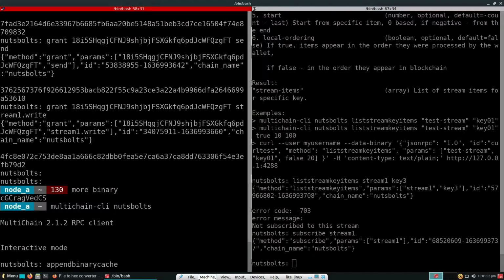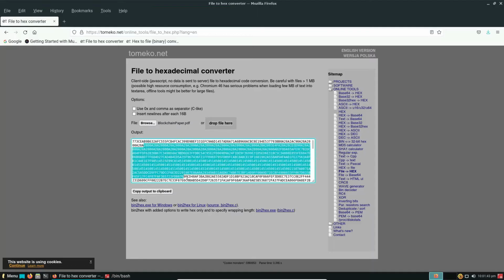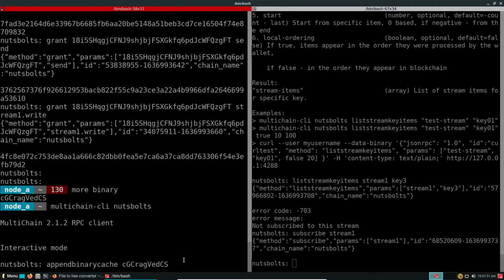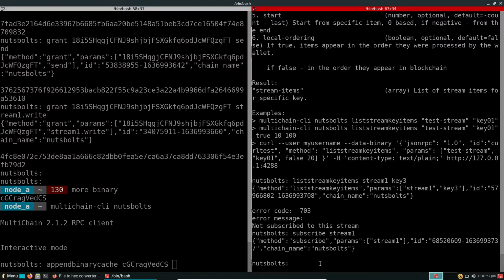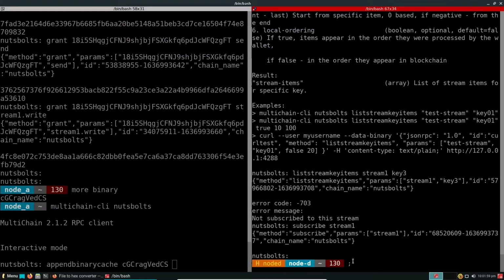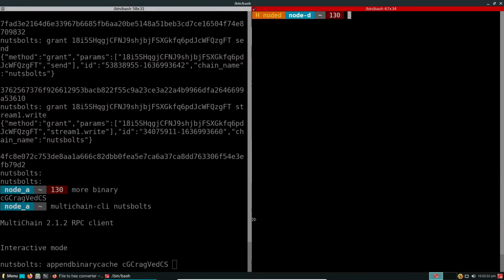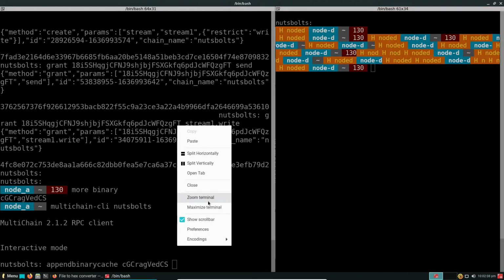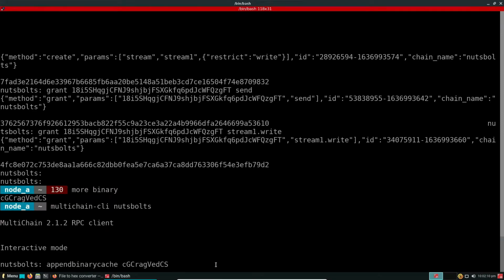Now what is the address? Binary cache, this is the address, and what we have to do is publish that hexadecimal. So we'll again go back here, take the complete output, and copy output to the clipboard. So supposedly it would have copied, and now we do the paste here. Okay, I'll just clear the screen a little bit so that things are a little clearer. This I will maximize for now, and here I paste the converted hexadecimal output.